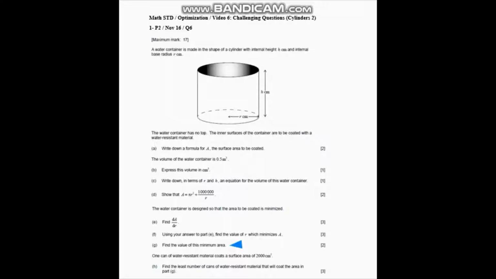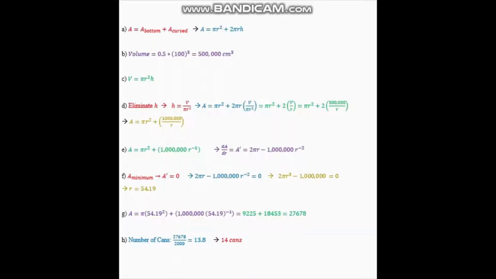So in order to find it, I shall plug the value of r that I found in F into the expression that we found in D. So there is our value of r, and there is our expression of A, or right there, you can choose whichever one you want, and I shall simply plug the value of r into this equation, obtaining this purple equation right there, which you can easily evaluate on your GDC,